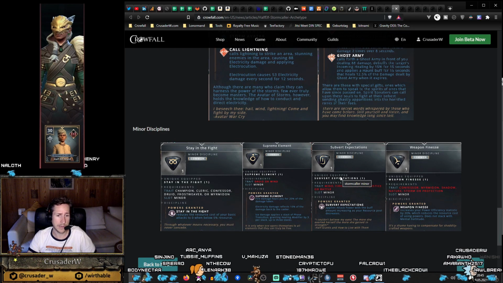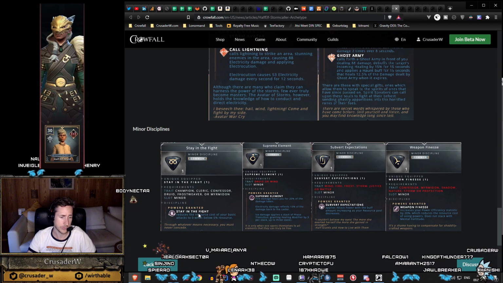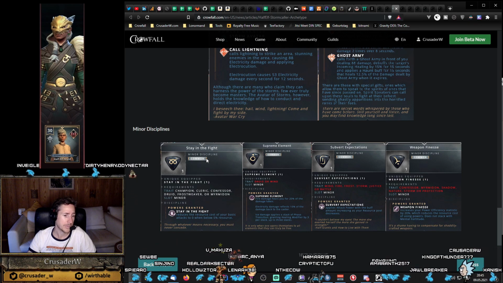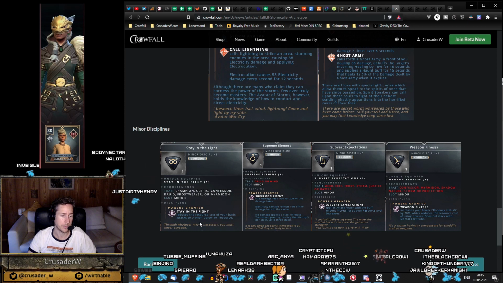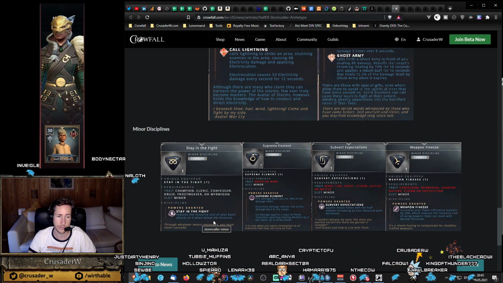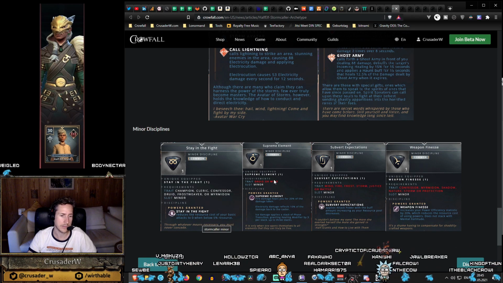Then on this spec we get 4 disciplines. Those are very well chosen in my opinion. Stay in the Fight helps a lot when you are low on resource, so this means you auto attack for free when you are below 5% resources. Supreme Element